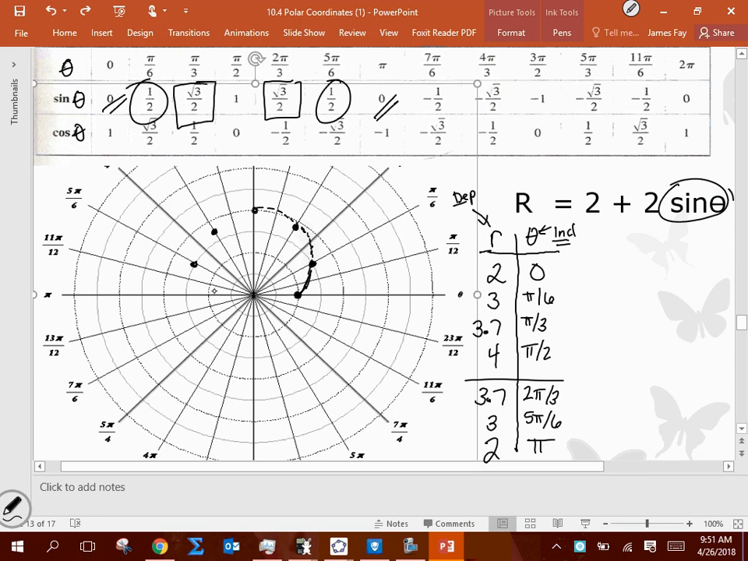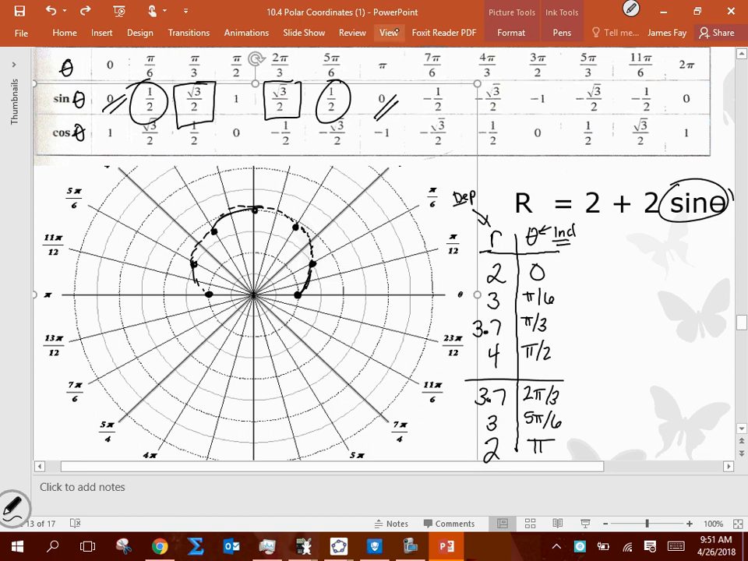And pi over 2 is going to be right there. I'm going to start connecting these things. Okay. Now, the pattern is going to change a little bit because now when I go to the other side